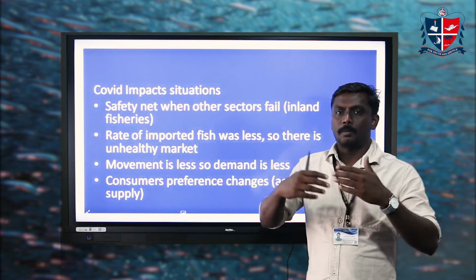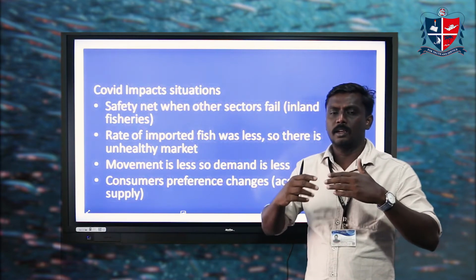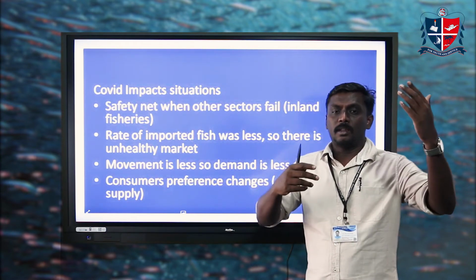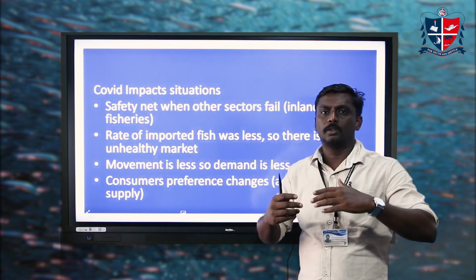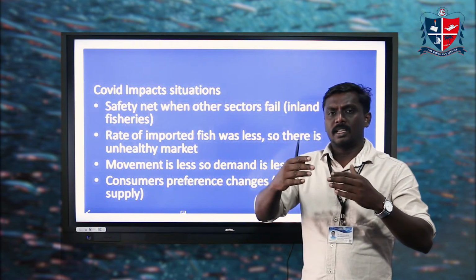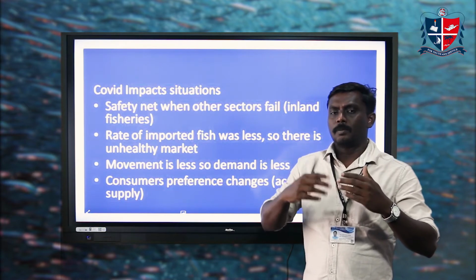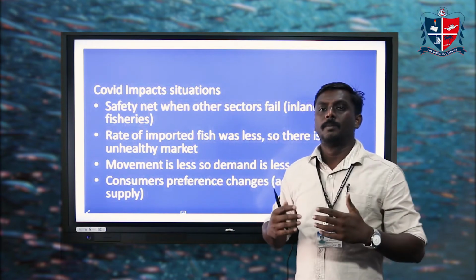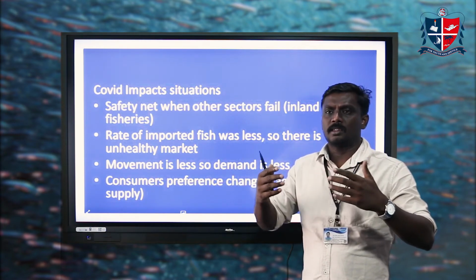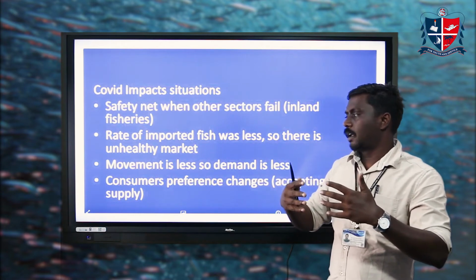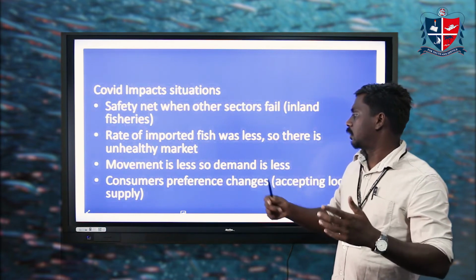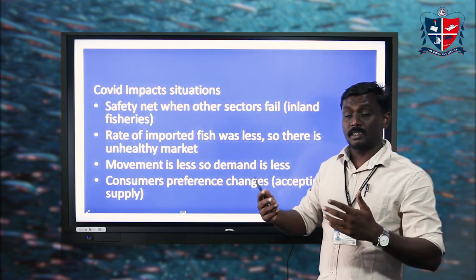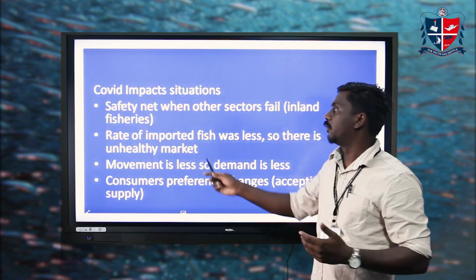In that time, the production rate varied. If a 5 rupee fish is sold in the inland sector, when competition from outside sources comes, they have to reduce the amount. But in the COVID situation, the inland sector was blooming, because movement in most of the coastal areas was also less for fisheries. So consumer preferences also changed. That is how, during COVID, the inland sector supported the fisheries.